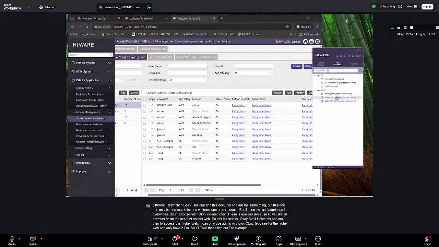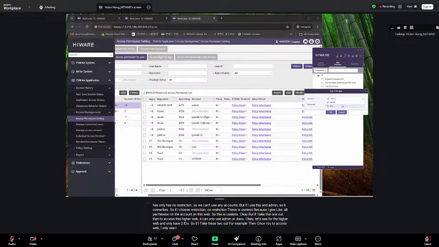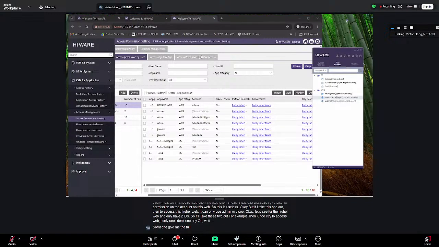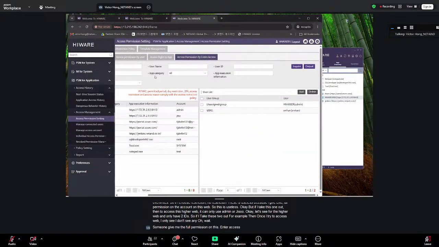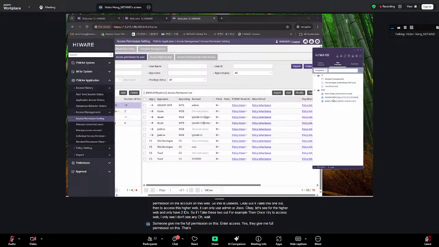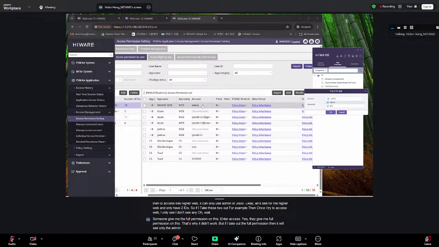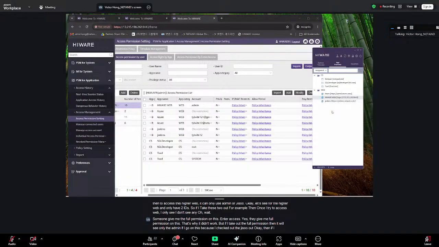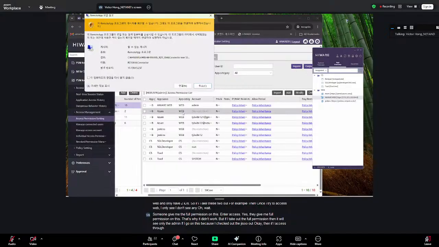then once I try to access web, I don't see any. Oh, wait. Someone gave me the full permission on this. Enter access. Yes, they gave me full permission on this. That's why it didn't work. But if I take out the full permission, then it will see only the admin if I go on this, because I take the Jisoo out. Okay. Then if I access through HIWARE client,